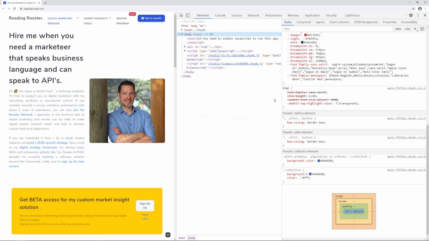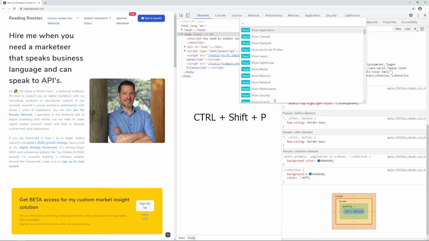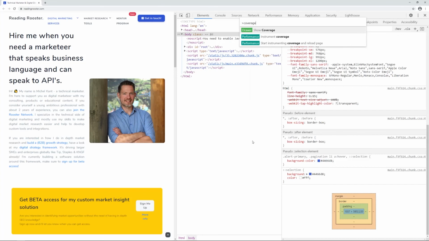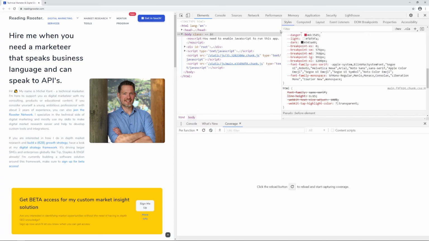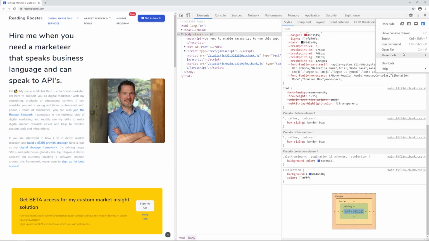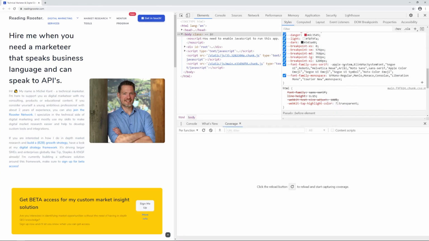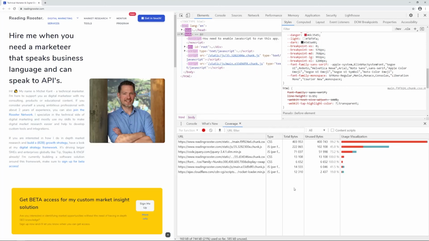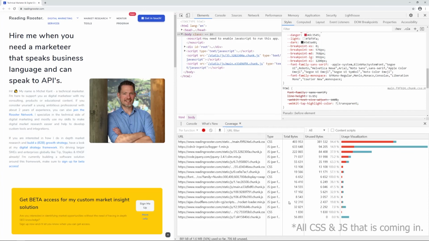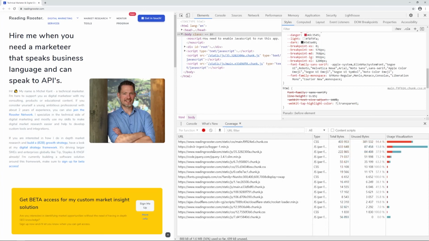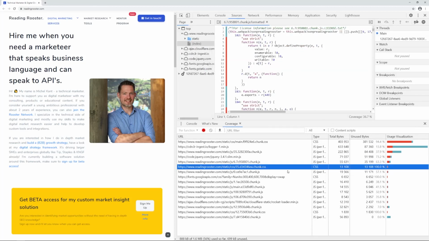You can press Ctrl-Shift-P to open up this search bar, and then you search for coverage. Press enter, and it opens up this coverage tab. You can also find this by going in here, go to more tools, and then go to coverage. It does exactly the same thing. What we can now do is reload the page, and now it's recording everything that's coming in, like all of the code that is coming in. There's JavaScript here, there's CSS here,